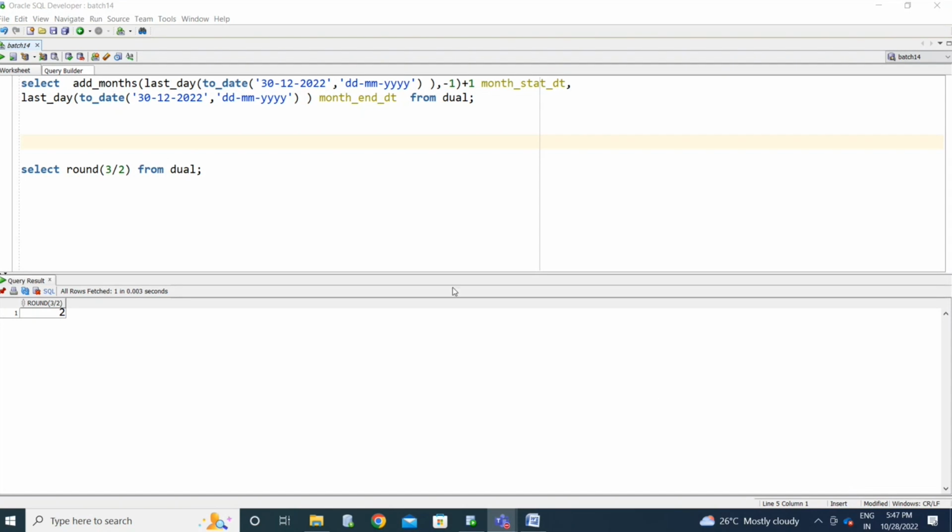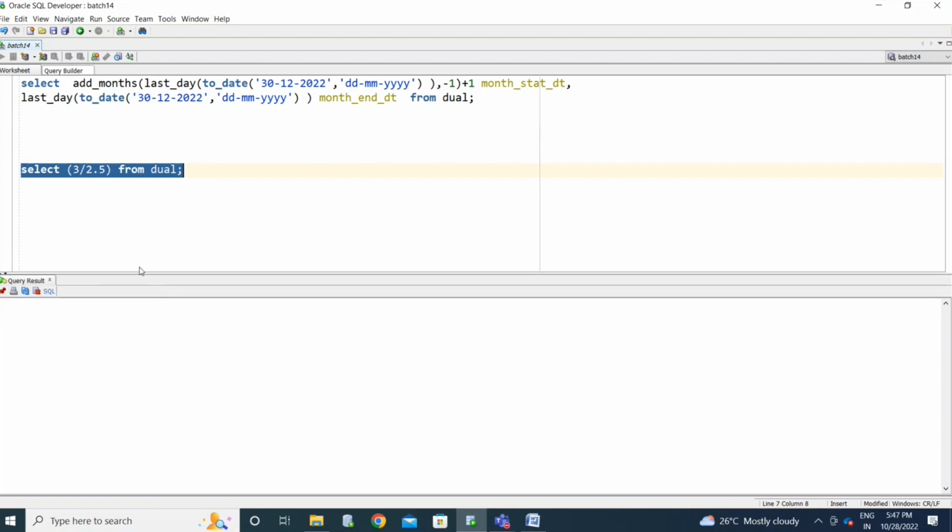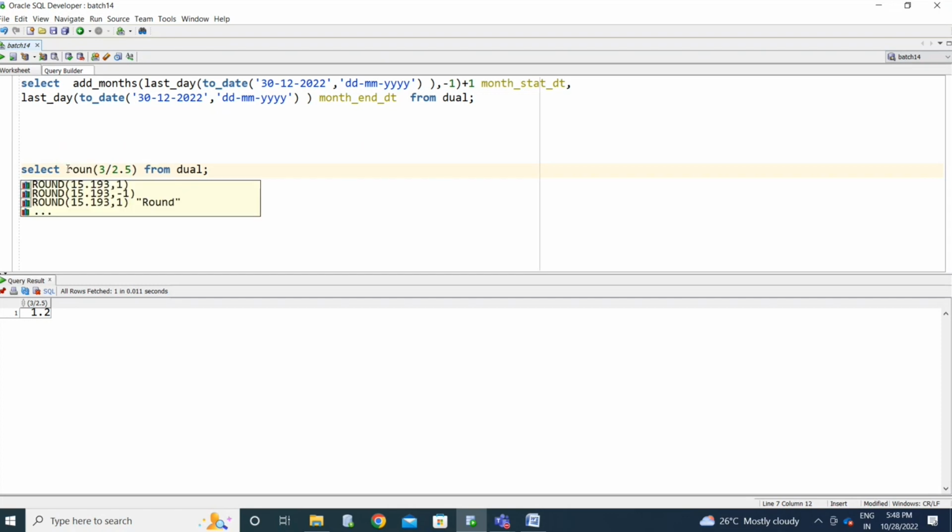Okay, this is how you do it manually in mathematics. Now we have the function to do this. See, if you have 2.5, or 1.2, if you round this, you will get only 1. If it is greater than or equal to 5, then it returns 1. Okay, right? Now we have the trunc function.